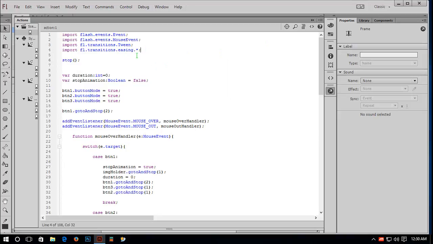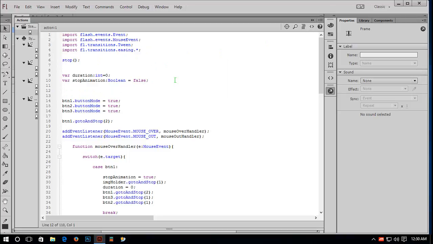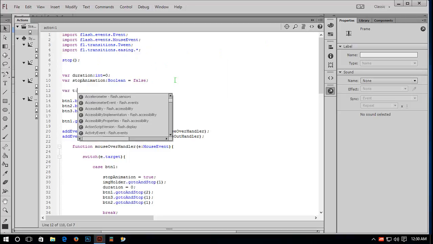Save it. Okay, now I have to make another variable, var t:Tween;